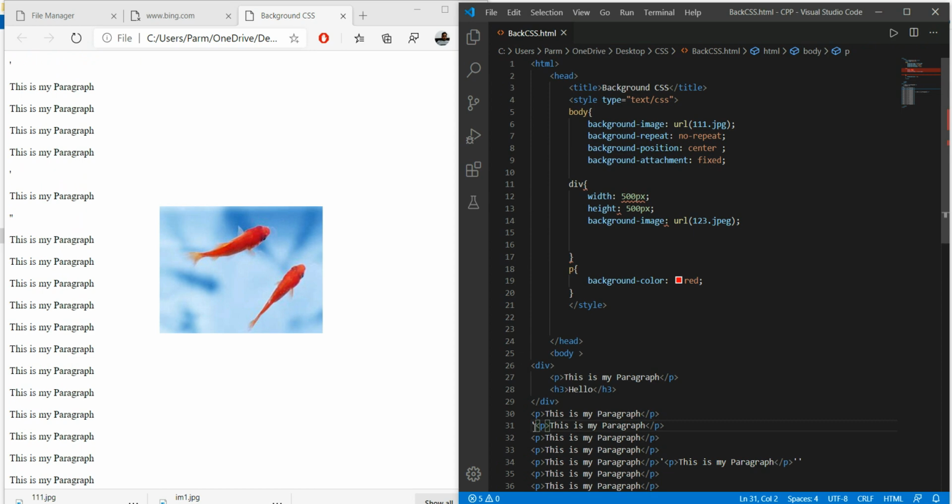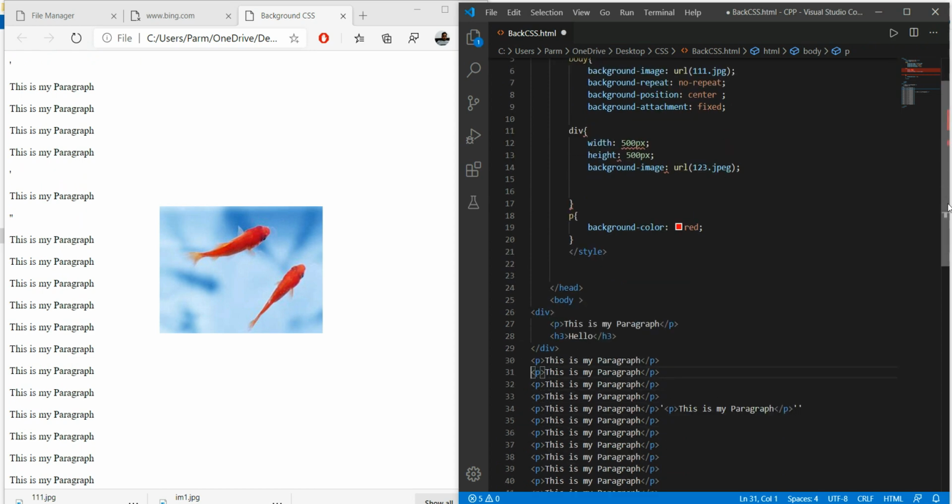Here are some mistakes in our file, so just correct them.